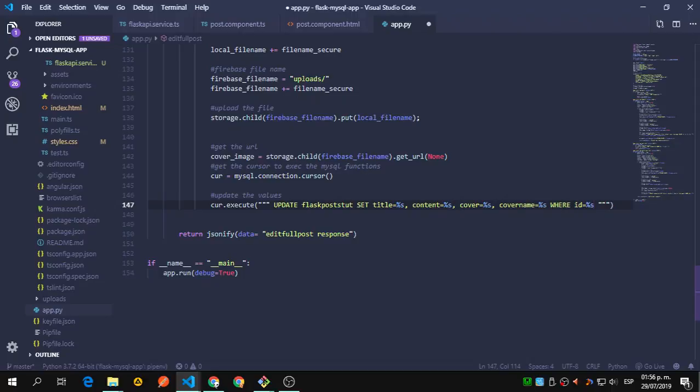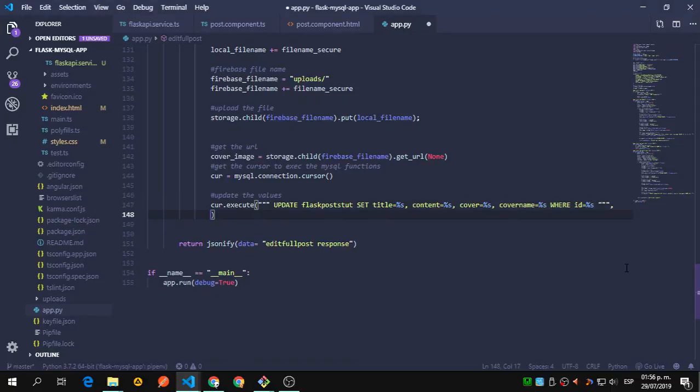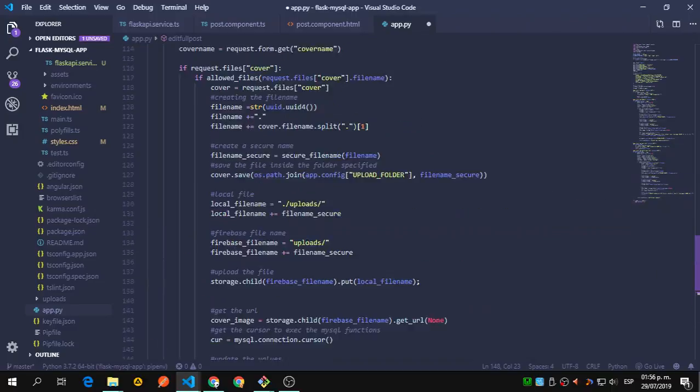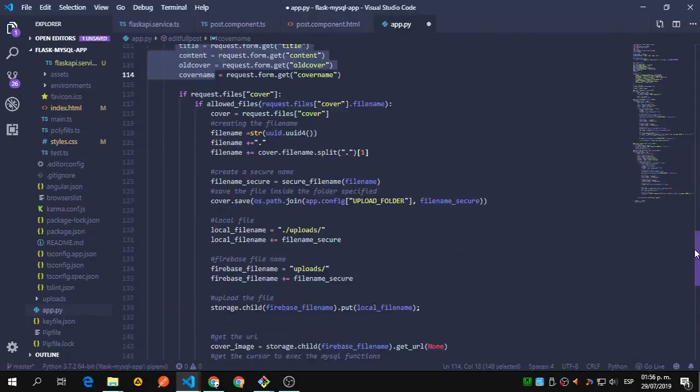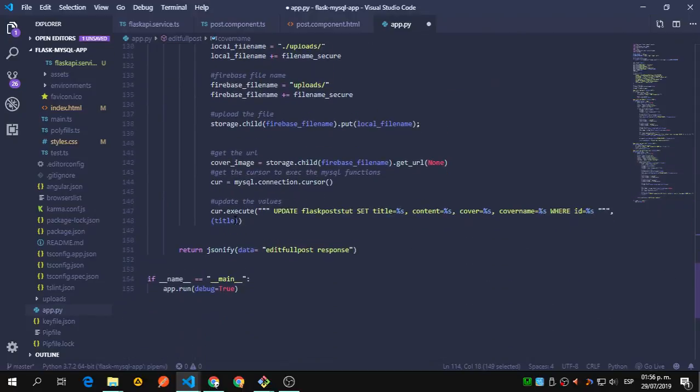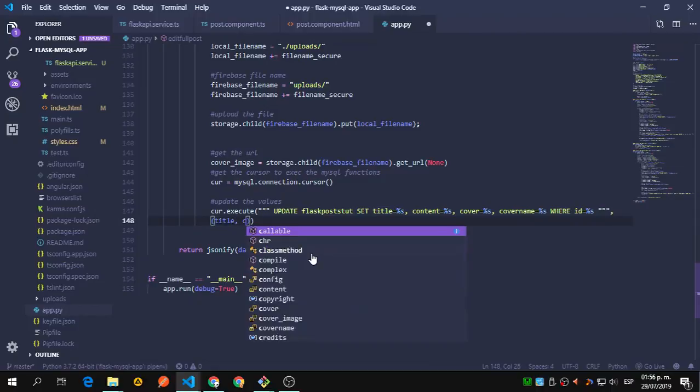Okay, so let's add a comma here, and let's add what is going to be used, in order. So the title that we already defined here, that I copy and pasted. So we're going to start defining this to be the information that gets updated, content,